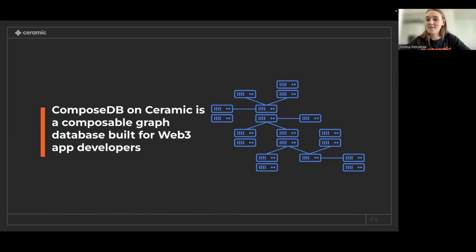But at the same time, right now, ComposeDB is feature complete, and it is designed to make it easier for developers to store data that users generate while interacting with applications that are built on top of Ceramic. Also, it is designed to make it easier to interact with that data, to make mutations, write queries, and to really build better user experiences when it comes to developing new decentralized applications.